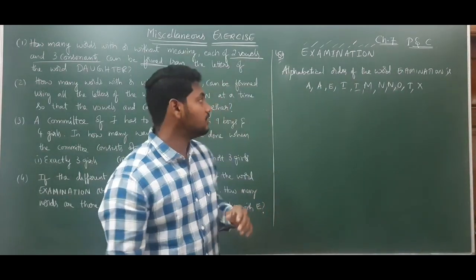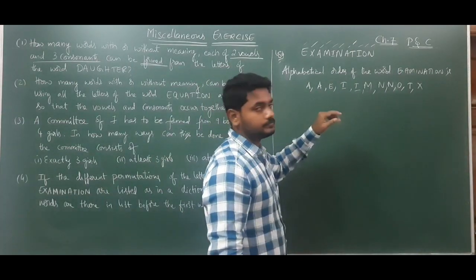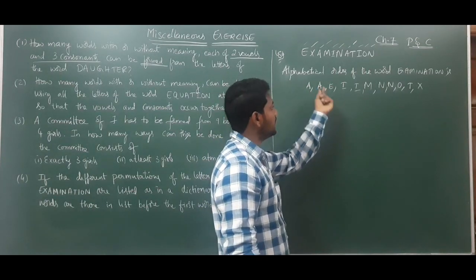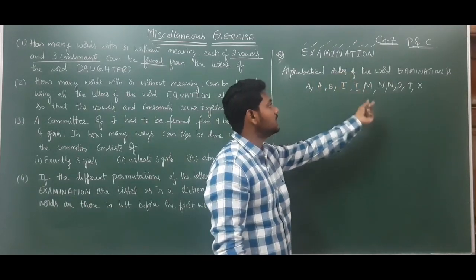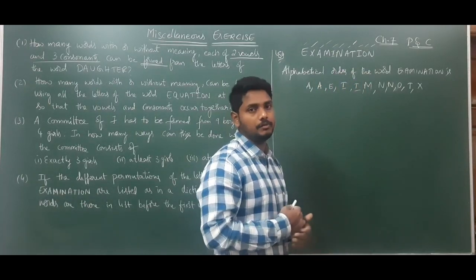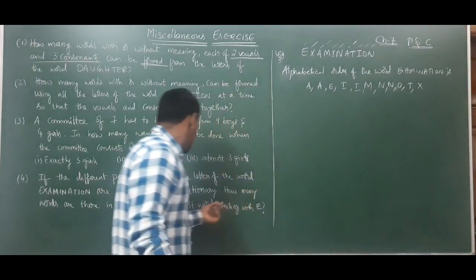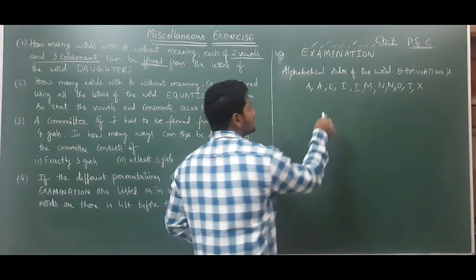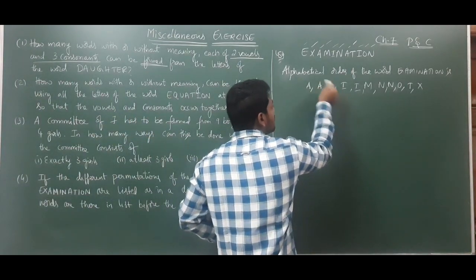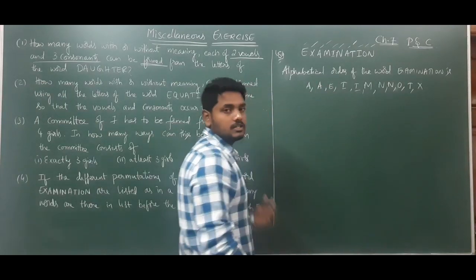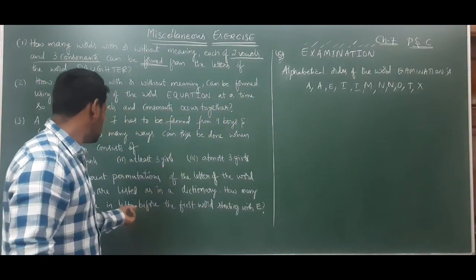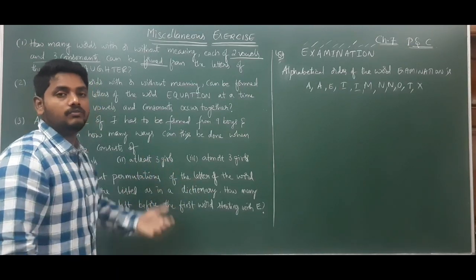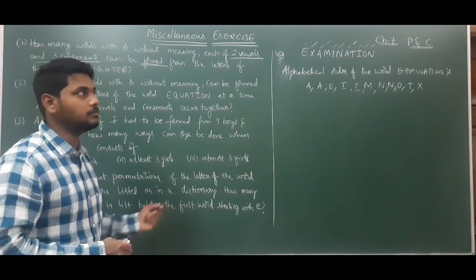So like this we need to write the letters in alphabetical order. Now, in the dictionary way, the first words will start with A, next with E, next with I, next with M, next with N. Like that words will start in alphabetical order, right? So the number of words in the list before the first word starting with E means the number of words starting with A itself. So that's the meaning here.